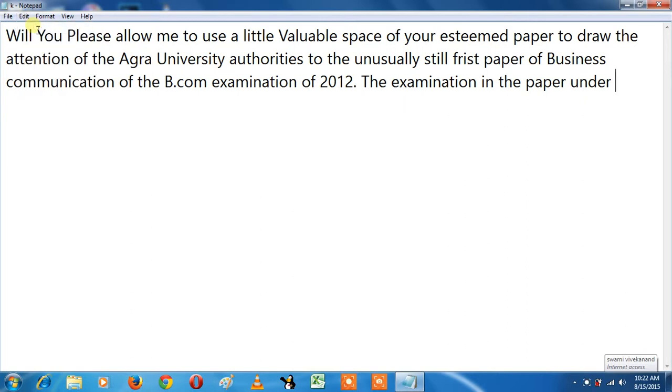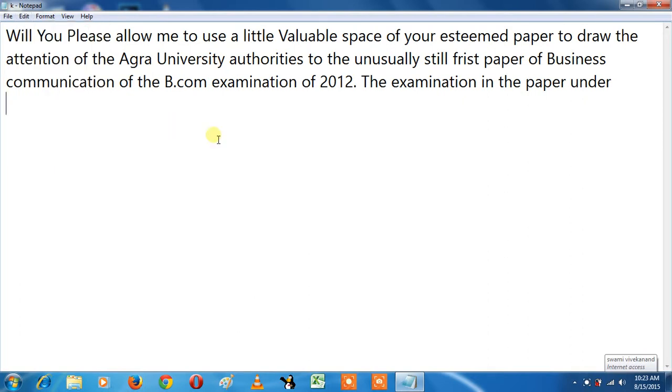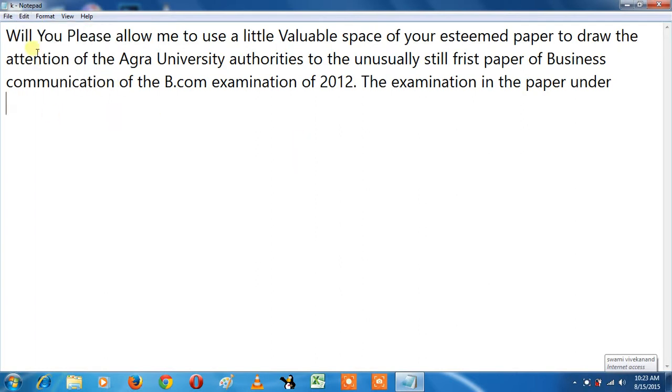Now all the data is removed. This is a command which is previously installed in our computer. By this command the computer will work.